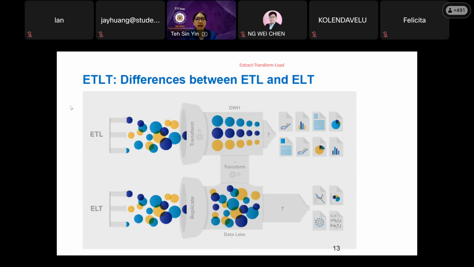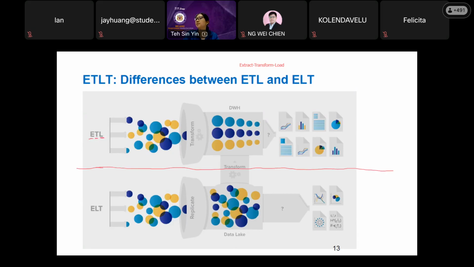So let's see what the differences are between these two. Look at this diagram, where we split them this way. With ETL, you extract first, then transform, and only then load.